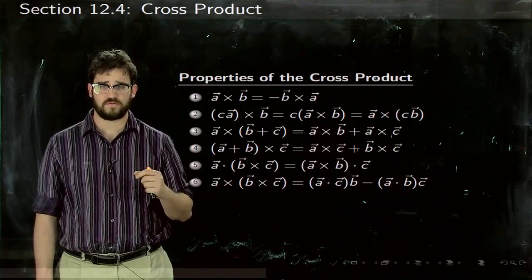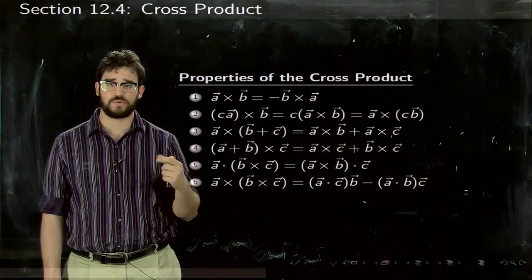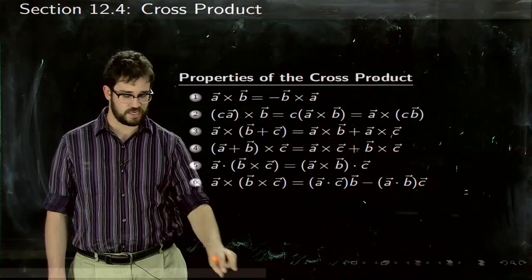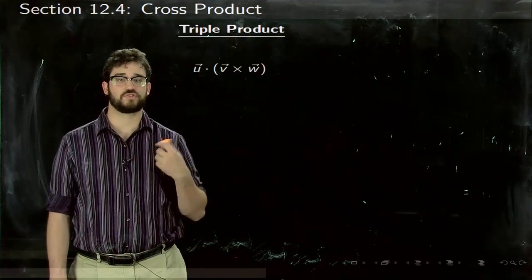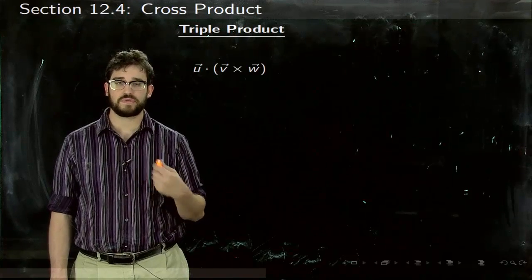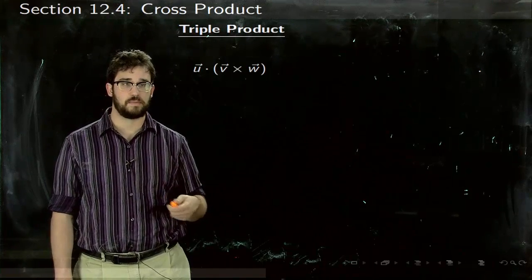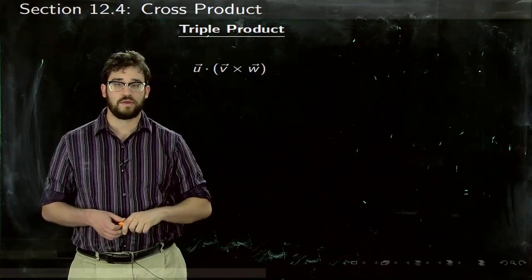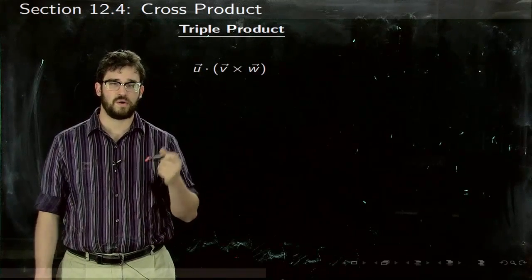So with point number 5, let's think about actually what that means. A dot B cross C, which we call the triple product. So if we have U dot V cross W, how could we calculate this? Well, in fact, if you think about what